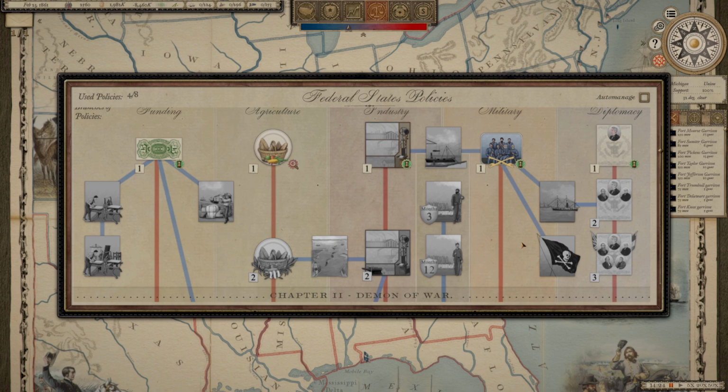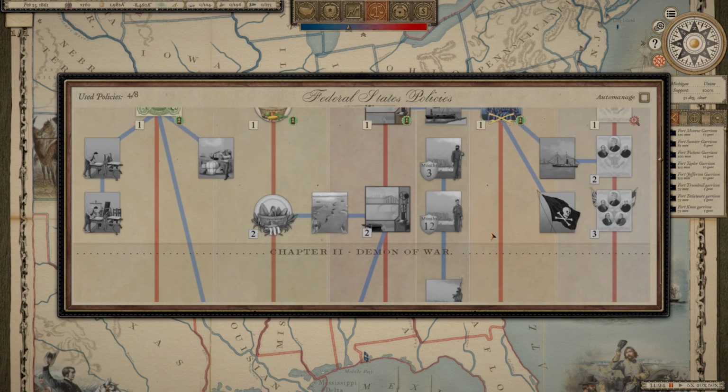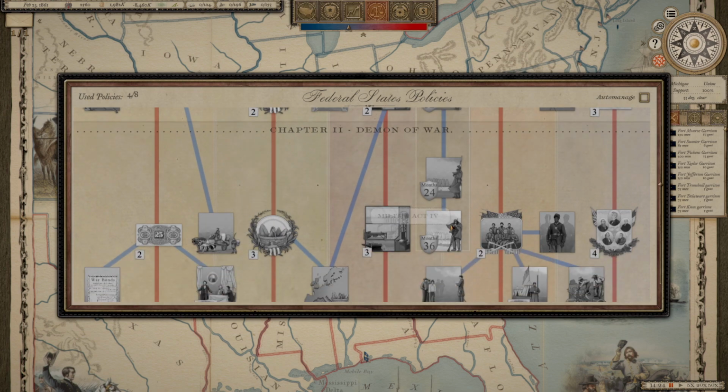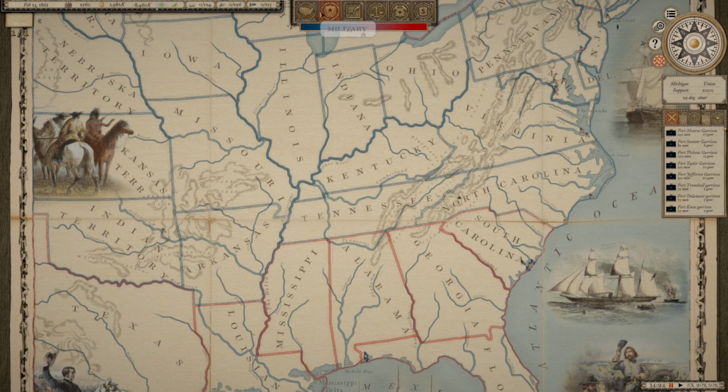The other 2 will be probably breadbasket, to be honest. The other 2 will be breadbasket, at least initially, until we can come down into this. We'll kind of see what we have. Okay. Honestly, it's